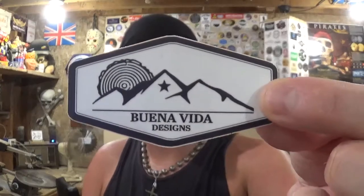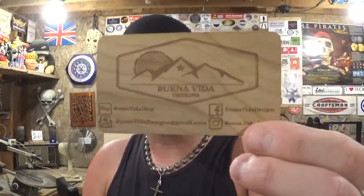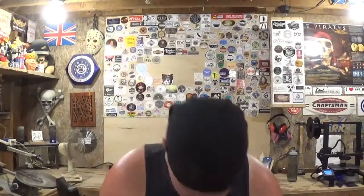Buena Vida Designs, and they also sent me a leather American flag, which is really cool. I'll hang this above the scroll saw under my Jimmy DiResta patch that he sent me. And they also sent me a business card that looks like it's laser engraved, so that's really awesome. And then I've got